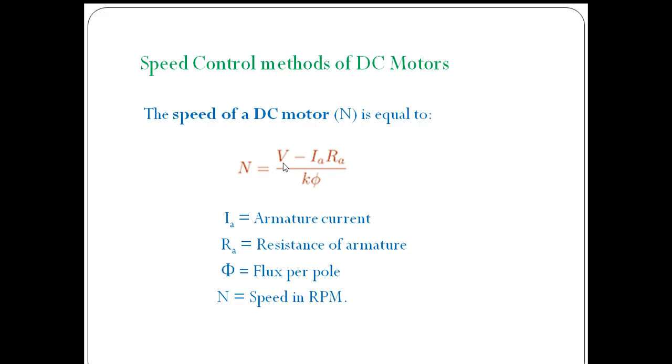The voltage control method requires an MG set, which is a costlier one. So, as the earlier techniques use an MG set, which is costlier, we are going to use a power electronic circuit. We can change the voltage applied to the motor, and accordingly the motor speed will be regulated. So how are we controlling the motor speed? By changing the applied voltage to the motor. This we are going to discuss in today's class in detail.